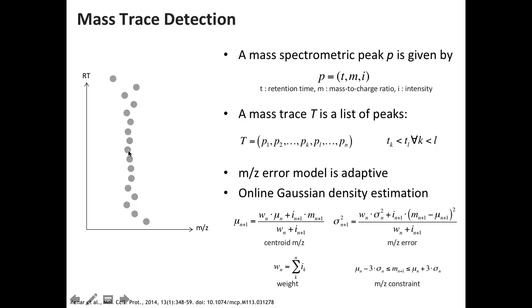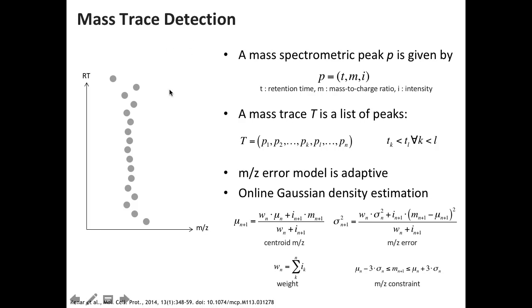What is perhaps not obvious when you look at the data for the first time is they have more or less the same mass to charge ratio here in the middle, and then they begin to scatter. Why is that? Sensitivity, the number of counts you can get. As you go down, it becomes harder to spot the peak, and it becomes harder to call the apex of the peak. So the mass accuracy of this mass trace goes down as you approach the noise threshold. And that is interesting because it tells us when we can stop collecting peaks.